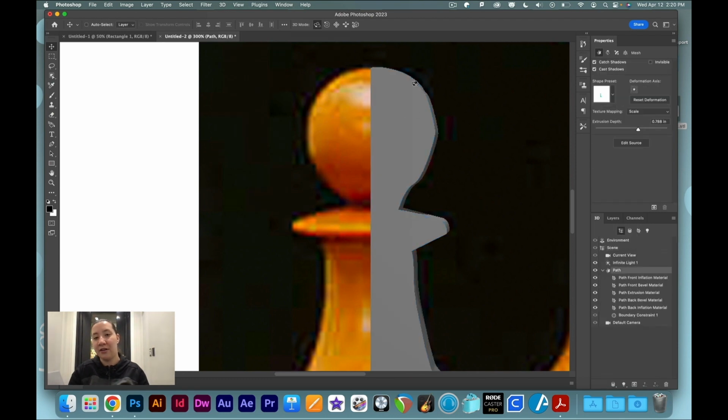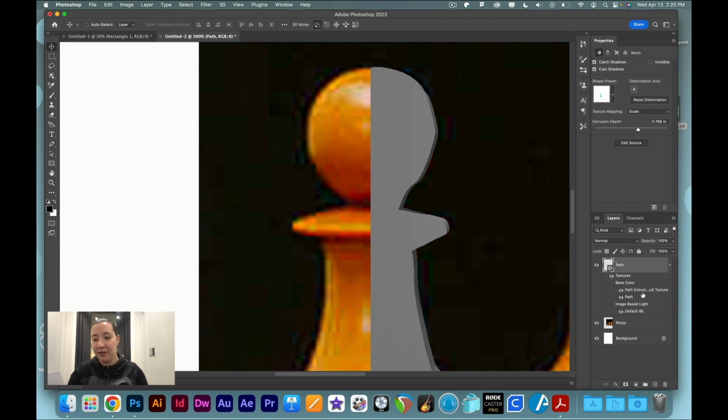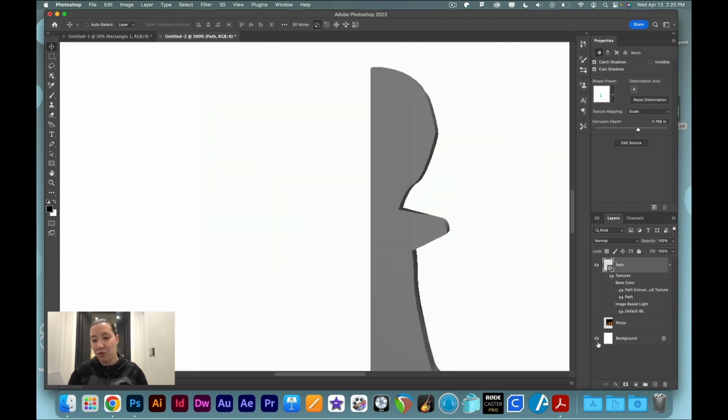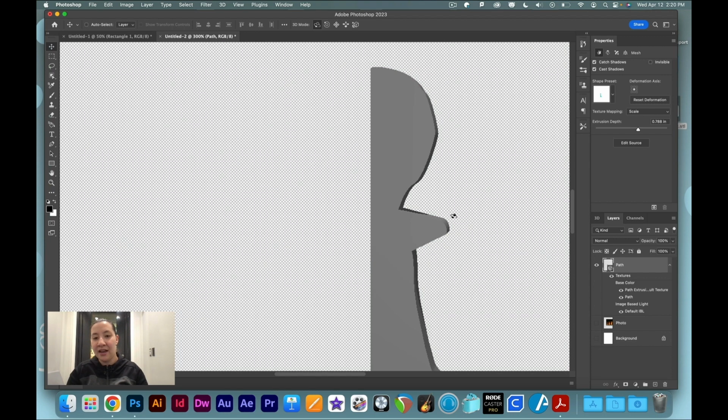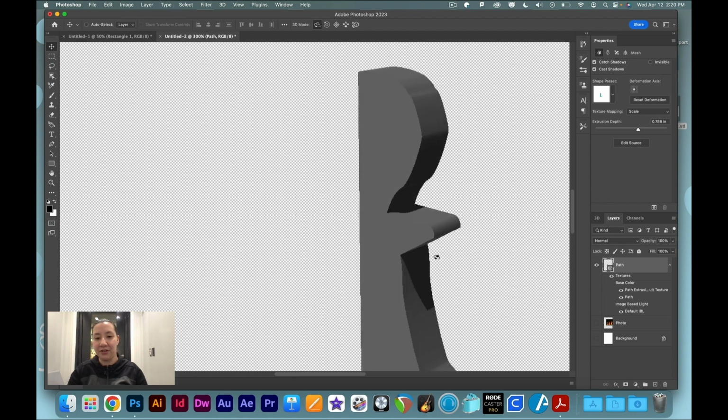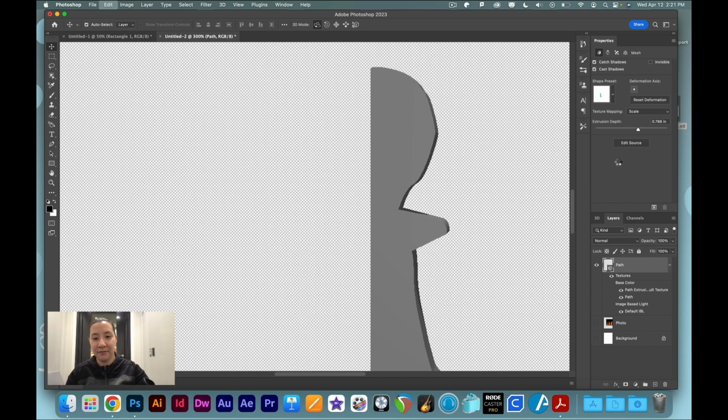So now, instead of using the whole layer, it is just using that one path to create a 3D object. If I go to my layers panel, we can hide this photo now because we don't need that anymore. We can hide the background, and we just have this 3D object that looks like half a chess piece. If I was to turn it around, you can see that it's added depth, but this still isn't what I want. So we're going to go back,